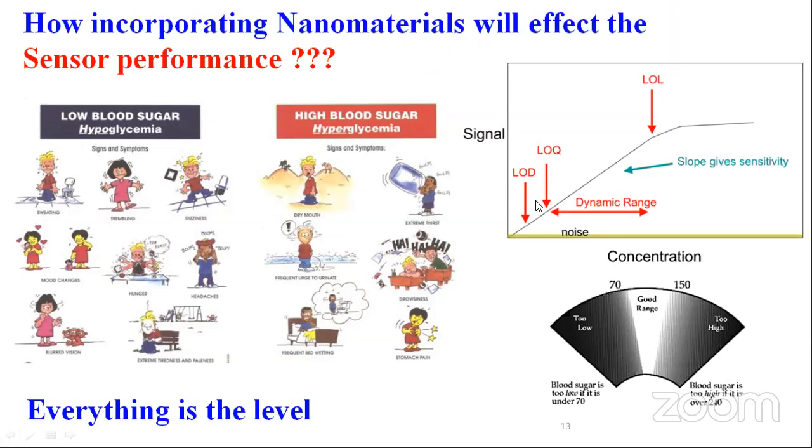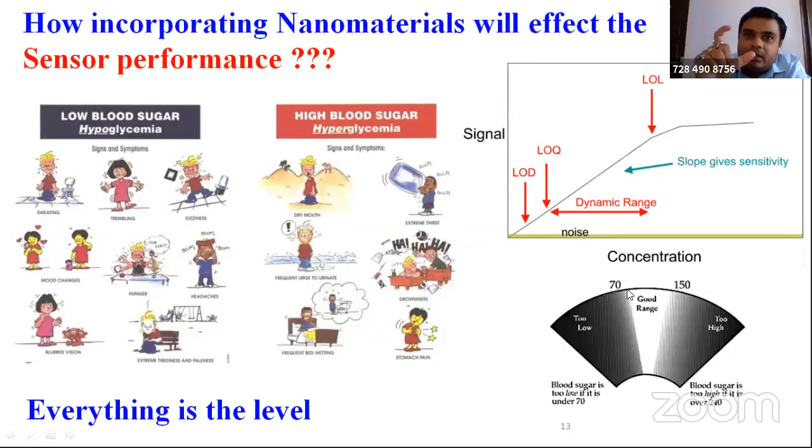Whenever people are developing any sensor, they are very much interested in the dynamic range. It means the range in which, when you increase the concentration, the signal keeps on increasing. That is very important. It should be as wide as possible. Now you see this graph here, the black one. If you have made a sensor which is very powerful, but it acts over a very narrow range, for example measuring glucose from 100 to 150, then the possibility to detect glucose in a hypoglycemic or hyperglycemic condition is zero.